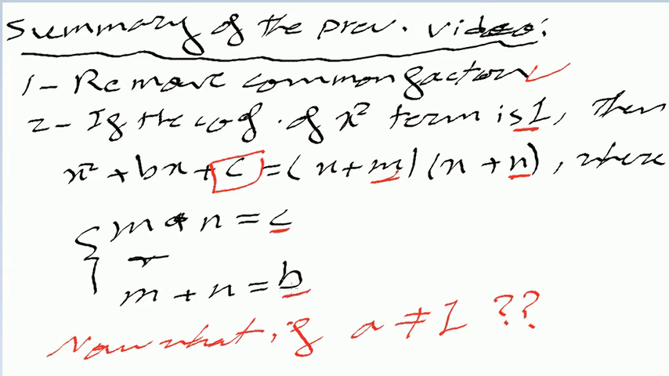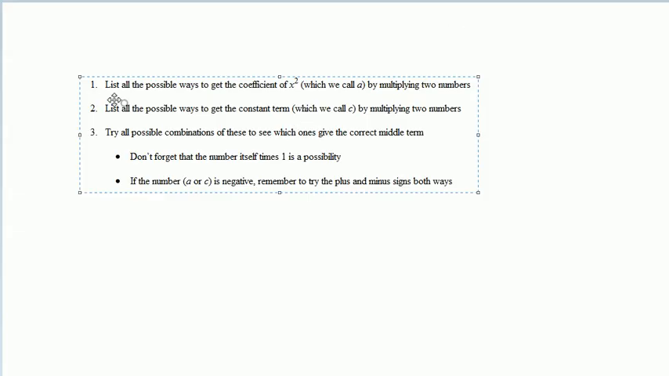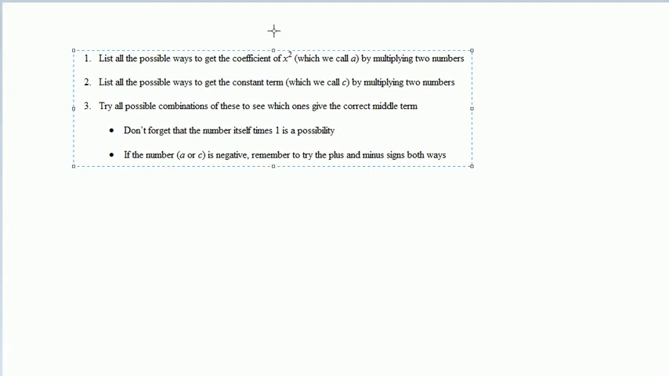Now, today we will talk about what happens if a, the coefficient of x squared, is different from 1. Actually, we have two methods in order to solve such examples. Let's check and see. The first thing to do is to list all the possible ways to get the coefficient of x squared,